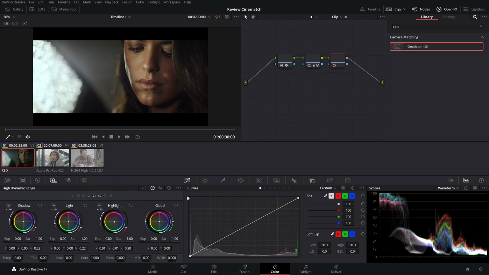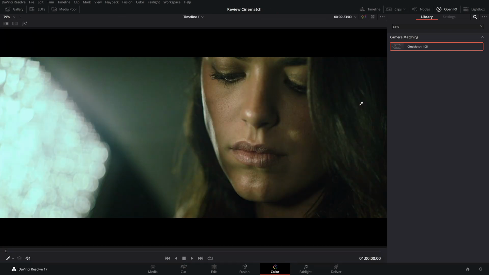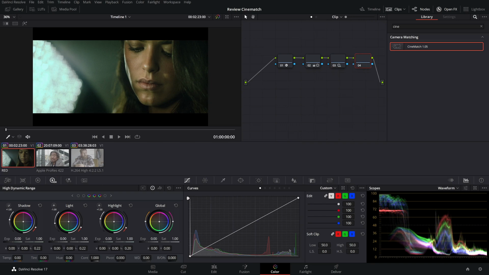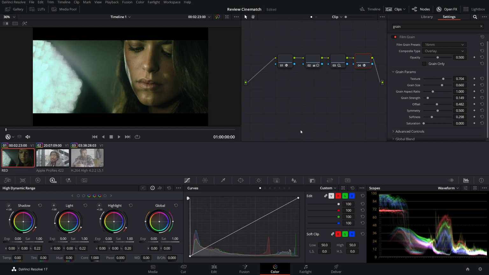And maybe bring some light, some color here in the highlight, just because, and bring the highlights down. And I don't know, maybe bring some color in shadows. Like this, maybe. I think it's fine. So this is our look, and maybe some grain, of course. Some film grain here, and we're gonna be fine. Nice, we have a great look.